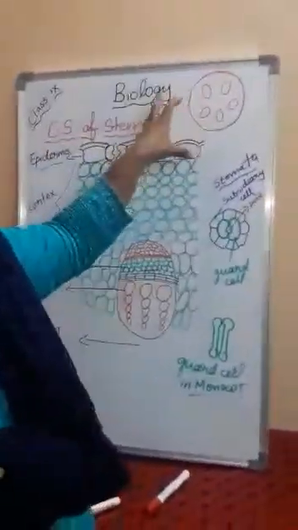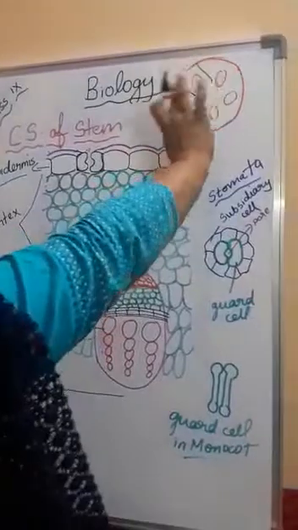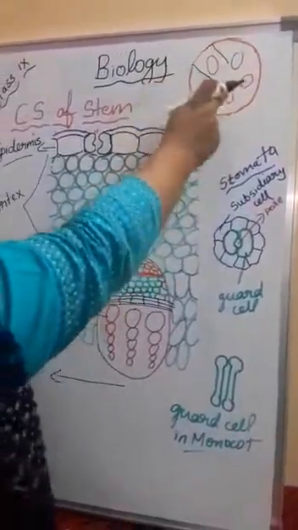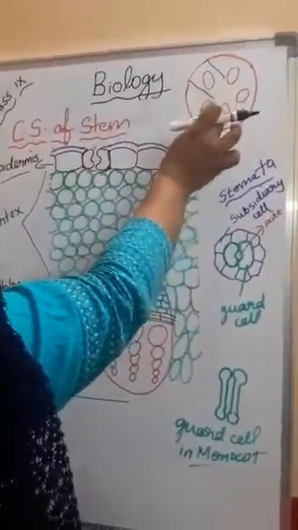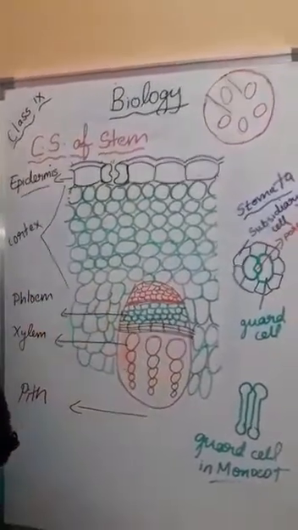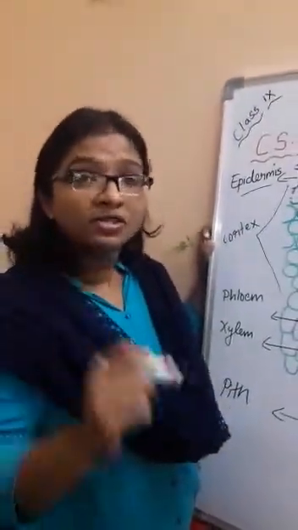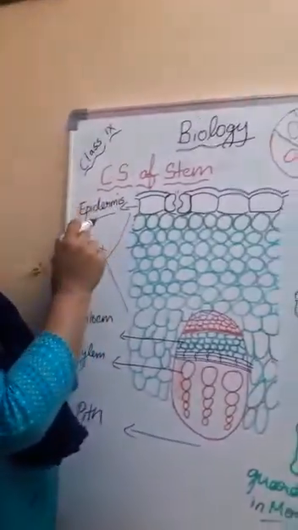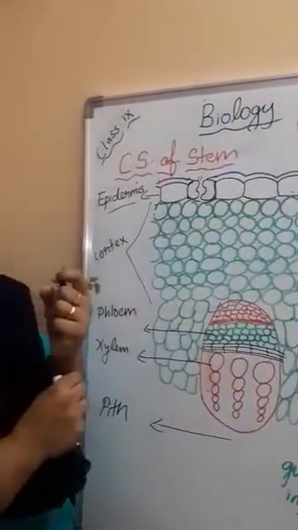I have shown here the whole representation, and this is a portion enlarged. Here none of the cells are represented, because it's a general diagram, but you should know that this is a general diagram which represents the CS of the plant, and this is an enlarged view. In case of plants, whether it is the root, stem, or leaf, it is protected by an outermost layer called epidermis, and that does the same function that our skin does.